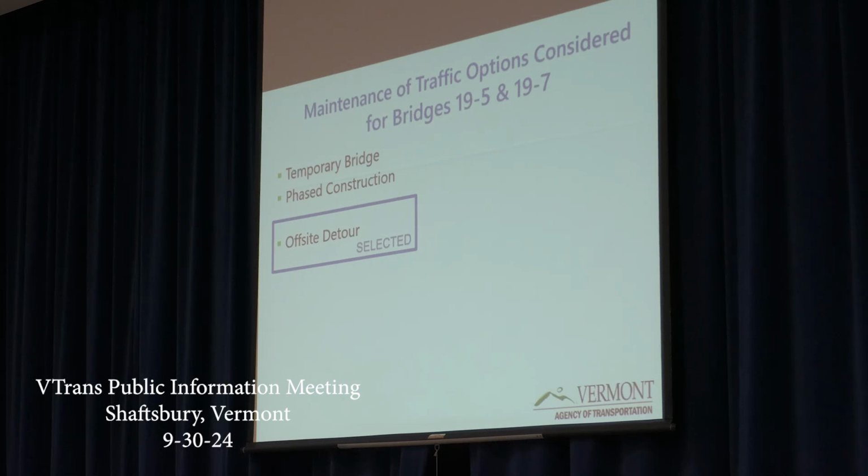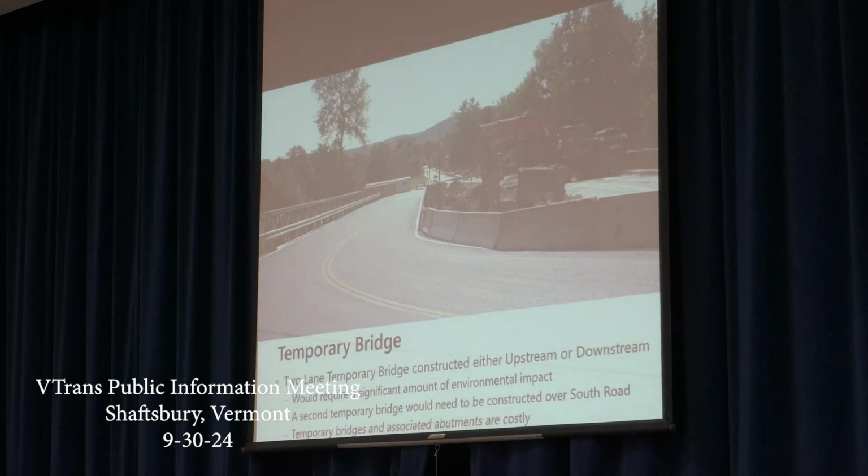Okay, so we'd like to discuss the maintenance of traffic considerations. We've considered temporary bridges, we've considered phase construction, and then we've considered off-site detour. At this time, the off-site detour is the selected alternative for the maintenance of traffic. I'll speak a little bit to what each of these options are like and to give a little bit of an understanding. So a temporary bridge would maintain 2 lanes of traffic and could be constructed either upstream or downstream